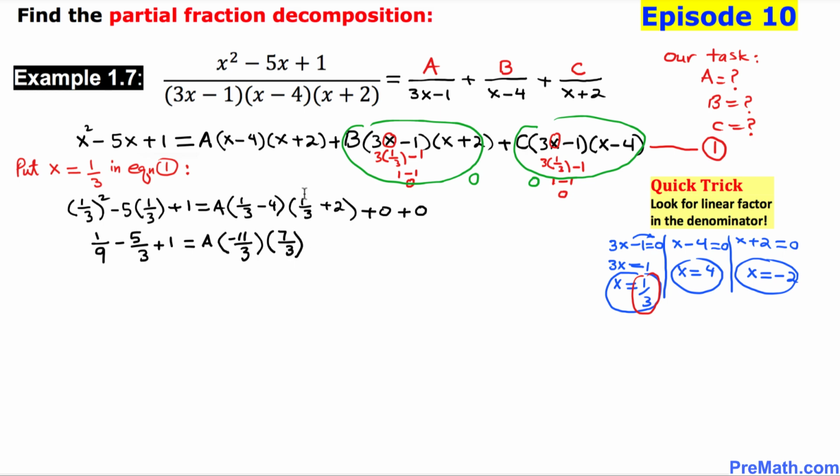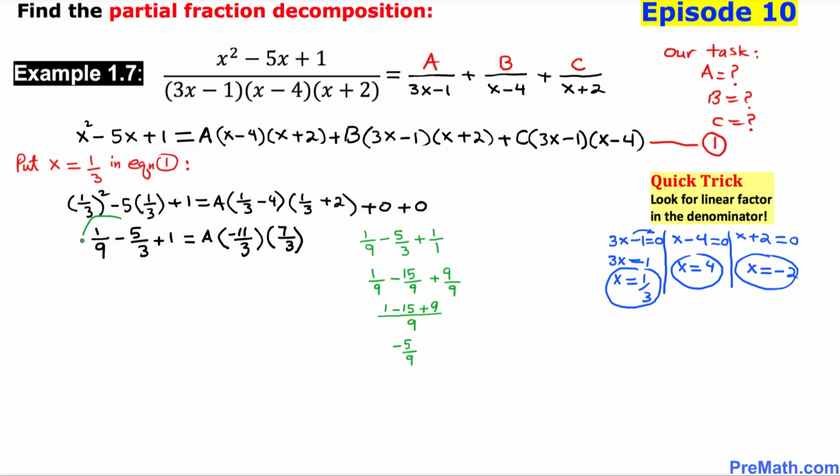And times that is going to be 7/3. And now in the next step, I have just copied down this part right up here, and I have just simplified it step by step. The only thing I did is 1 could be written as 1/1, and we know that the least common multiple is 9. So pretty simple steps. So this whole thing added up to simply